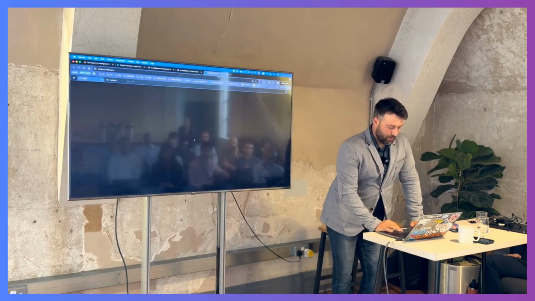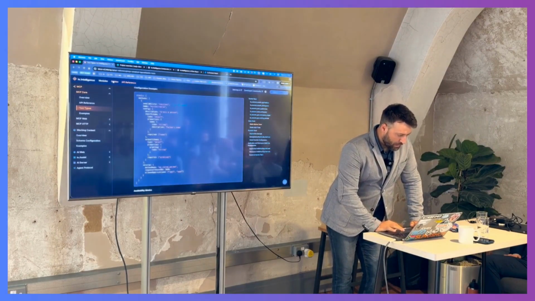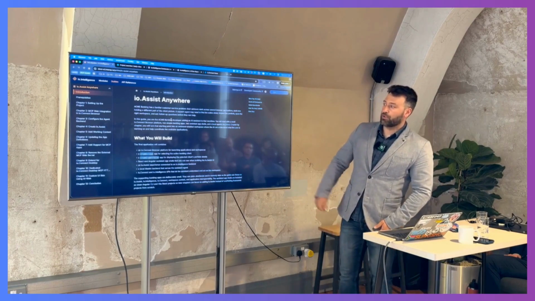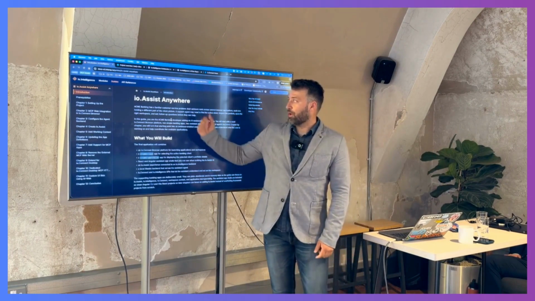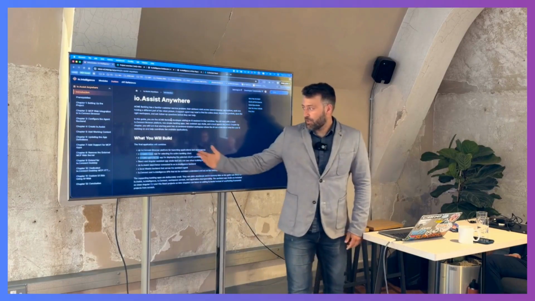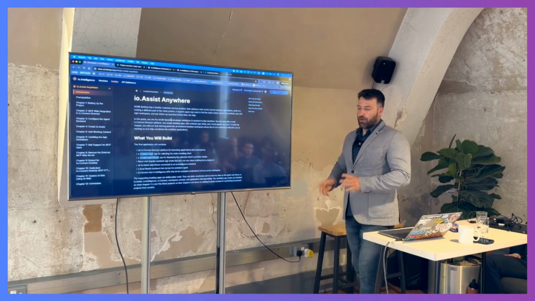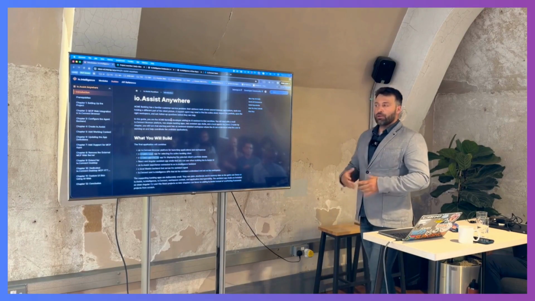And the even better thing is that everything that I've been talking about, you can actually follow step by step, or you can direct your coding agents to follow step by step. In our guides, we have a guide which we call io.Assist Anywhere, and it has 11 or so chapters, which walks you through building a system a little bit less complex than what you've seen so far, but the same in terms of moving pieces.